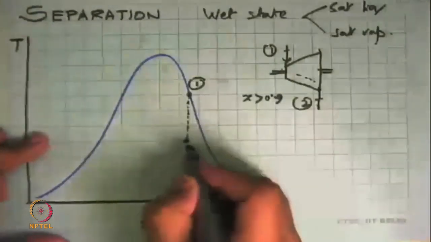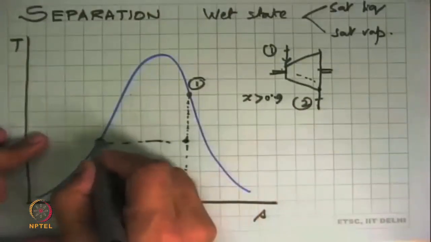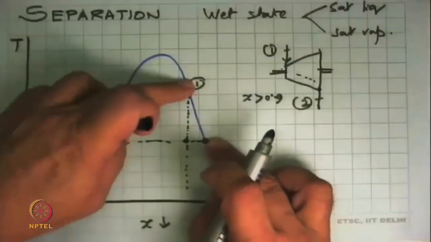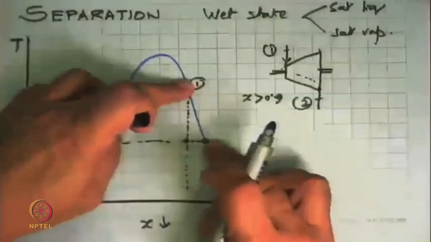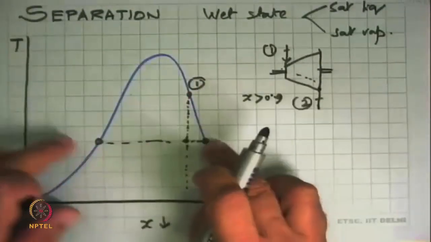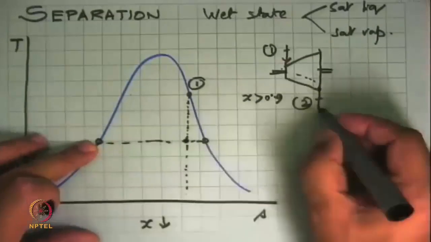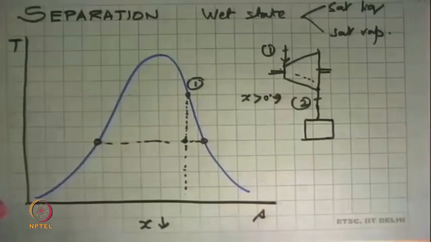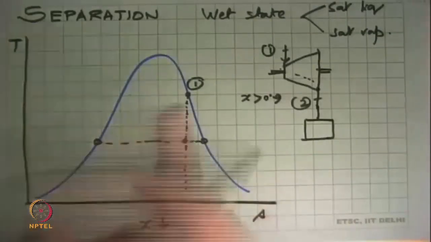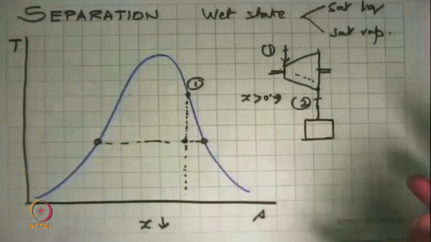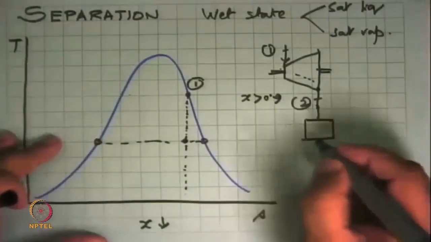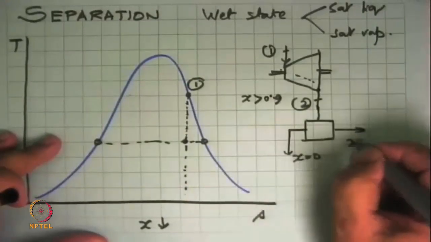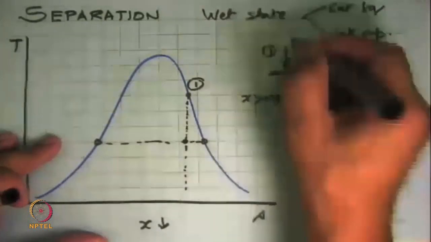And then what we do is we separate it, so that the liquid goes into this state, the vapor goes into this state, and the mass fractions are less now. If it was 1 kg per second going in, now we have here, depending on the dryness fraction, 0.9 kg per second here, 0.1 kg per second here. So this we put into a device, and this is either separating by gravity or by inertia. You just rotate this whole thing, the droplets will by centrifugal action go outwards and the vapor will stay inside. So in this we get the liquid coming out here, x equal to 0, and out here we get x equal to 1, dry saturated vapor, but not the full mass flow rate.